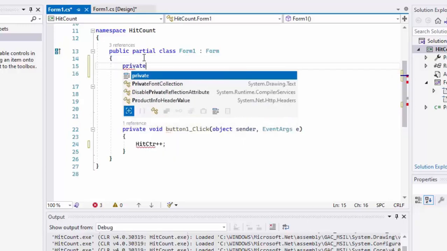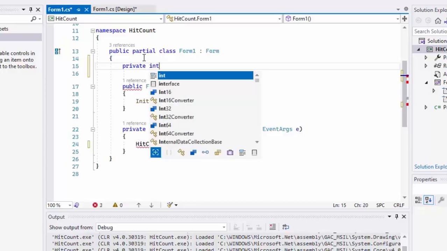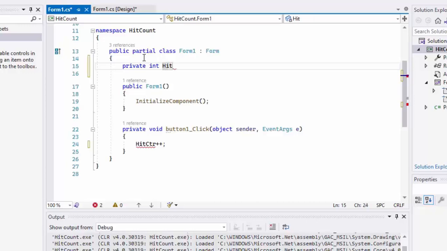So this is private. I'm not going to go deeply into the concept or theory of object-oriented programming, but I assume that you know a little bit of it. So we are declaring hit counter as a private integer so that we can increase it in this event handler. Alright, so now we get rid of the error just now.